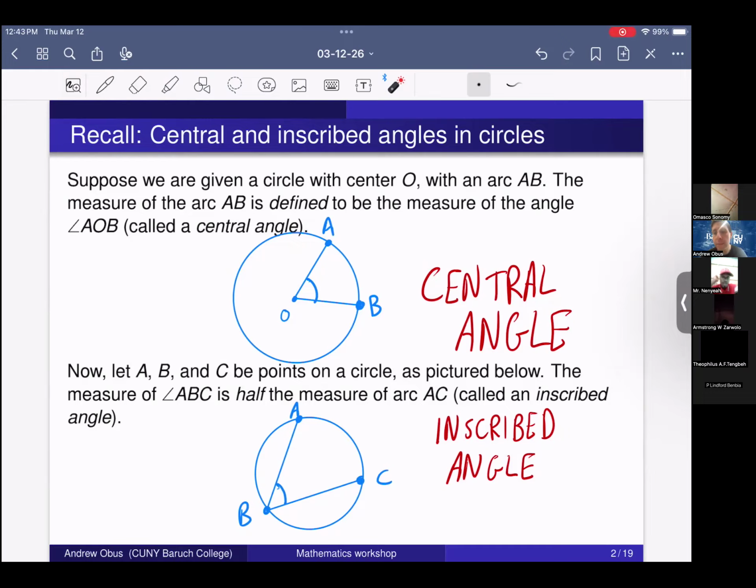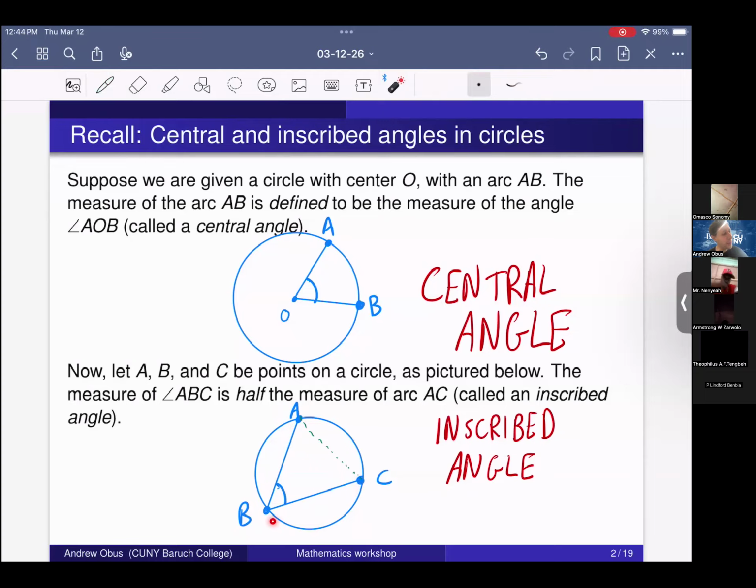Yes, B to C can be an arc. B to C is also an arc. Okay, this is an arc, but there's no angle drawn in the picture whose measure is that arc. If you wanted an angle related to that arc, you'd have to draw angle BAC. You'd have to complete the triangle. So if I completed the triangle over here,